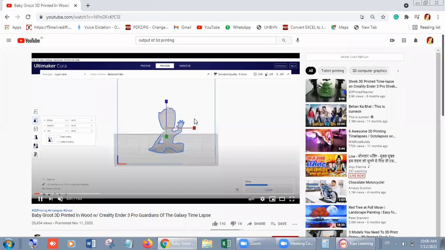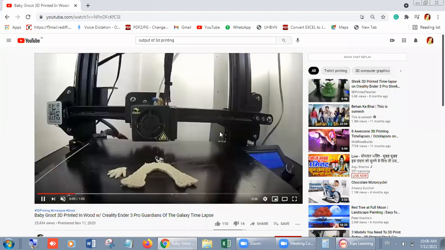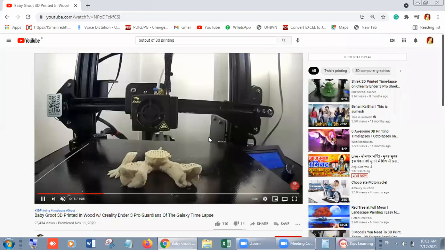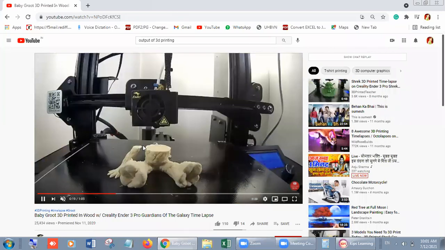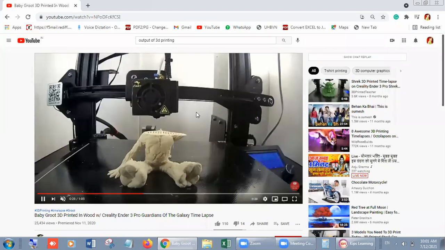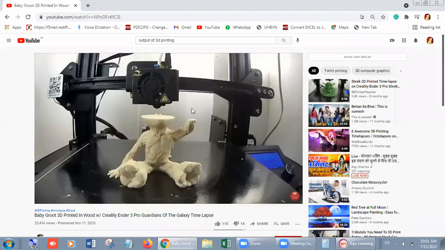When you create, first you create in the computer and you decide the color. Now it is starting. You can see, everything is created by drops. Material drops come directly onto the shape and it creates a shape accurately the same as what you designed in the computer. It looks very interesting to see, right?